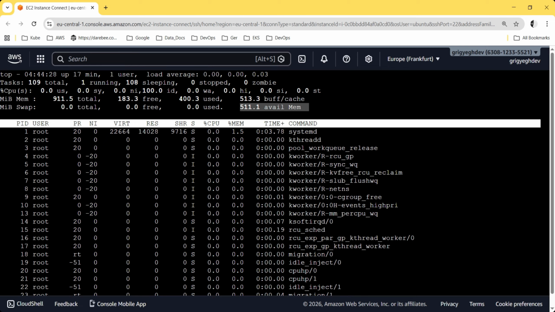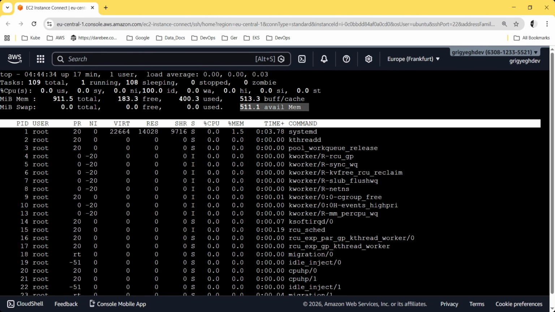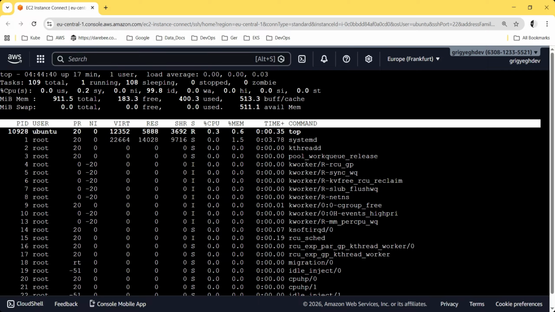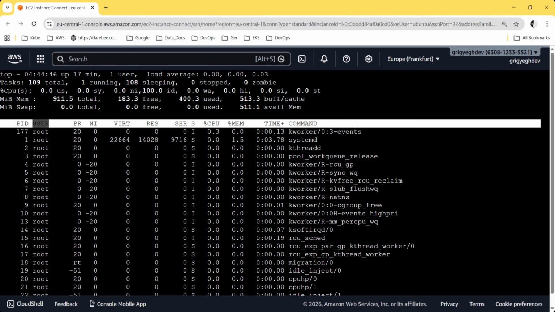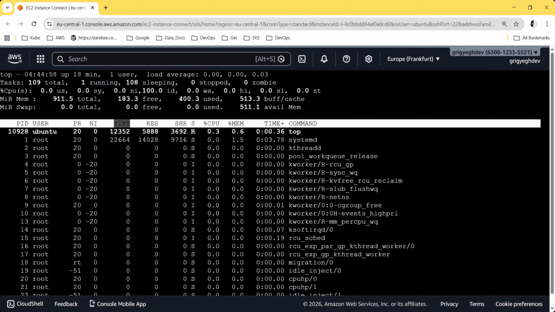The lower part of the screen displays a table of all active processes. Each column provides specific information. PID, process ID; user, process owner; priority, scheduling priority; nice value, adjusted priority for the process; VIRT, total virtual memory used; RES, actual physical memory used; SHR,